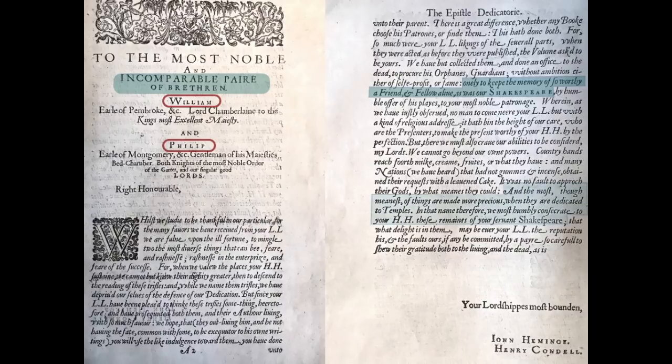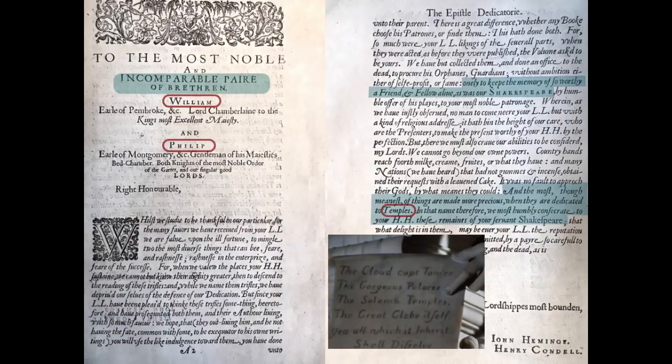Finally, and I am going over a bit of old ground here because I know I've put this on another presentation, but because we're talking about Freemasons and the Shakespeare Monument, let's just rehearse it. They finish up by saying, "And the most, though meanest of things, are made more precious when they are dedicated to temples." And this is no coincidence that on the Shakespeare Monument itself, Shakespeare is